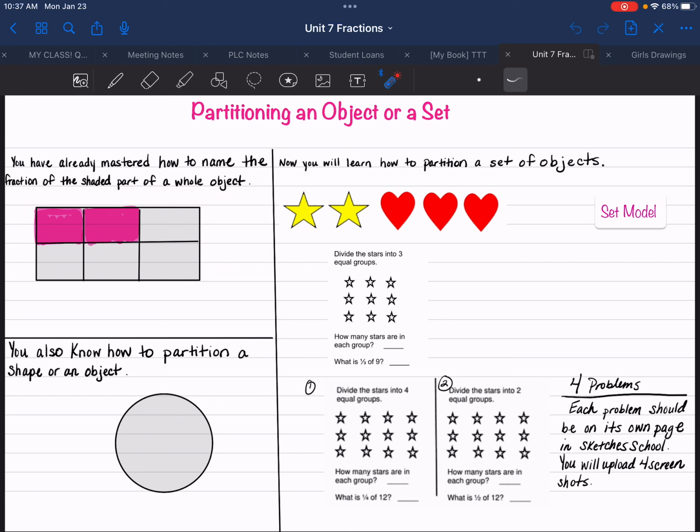How many equal parts is this rectangle, or we could pretend like it's a candy bar? How many equal pieces is it partitioned into? Let's count. Okay, so now that you know how many equal parts it is, we can go ahead and start writing this as a fraction. So we need our fraction bar,